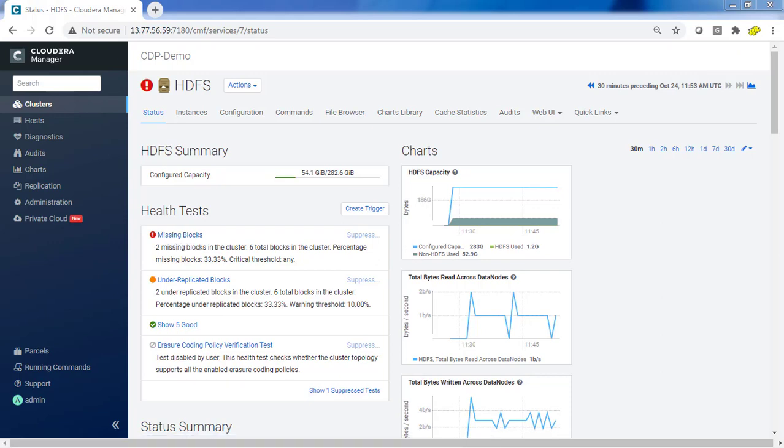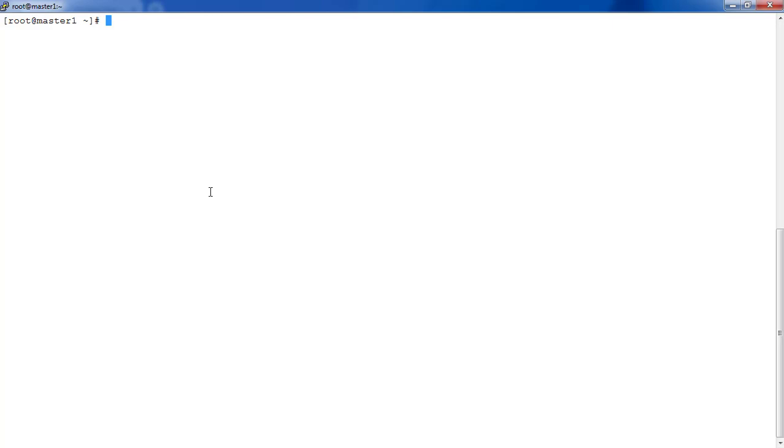Let's log into this machine, and mostly you may need administrator privilege on HDFS. If it's Kerberos enabled, you can use your credential to log in. In my case, my cluster is not Kerberos enabled, and I need some super user privileges. Maybe you may be thinking why I'm not switching to the HDFS user. If I do that, this won't work in CDP 7 because we don't have a user with login access here in